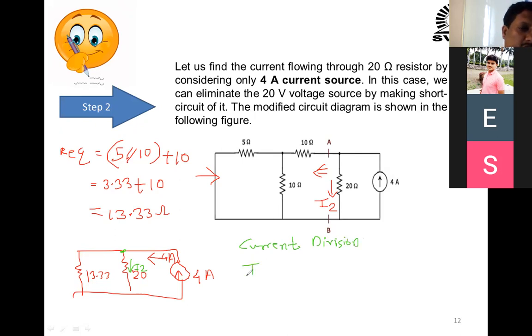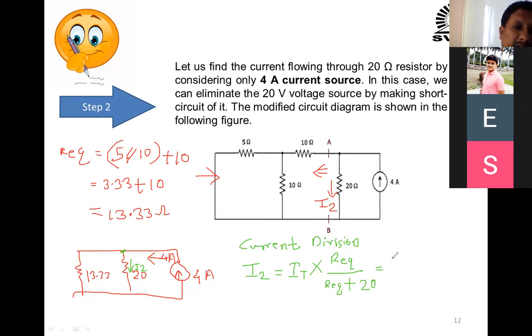So I2 we are going to find out. I2 is equal to total current IT into, the current passing through 20 you are going to find out, but opposite branch equivalent resistance you have to write, that is R equivalent, divided by, immediately you can write R equivalent. So whatever you are writing in the numerator, immediately you can write down in the denominator and make it equal, plus. After that, the current passing through I2 through which resistor, that is 20, that you can mention here. So this is the formula. Okay, so I will mention the values.